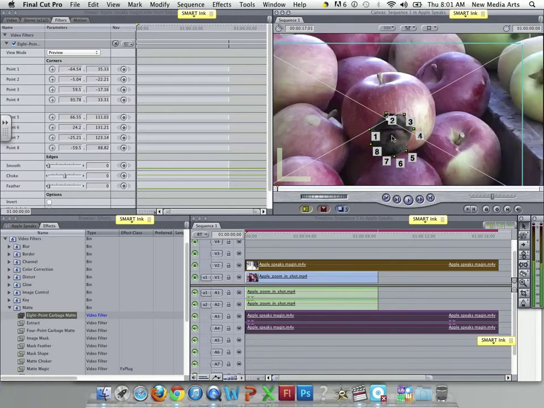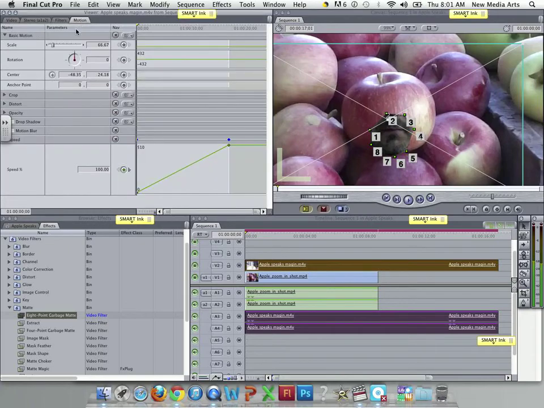Once you've gotten it positioned how you like, it may be too small or too big, you're going to come over to the Motion tab in the viewer, and you can change the scale of that to match what you think is most proportionate to the shape of the apple. Once you have it positioned and scaled how you like it,